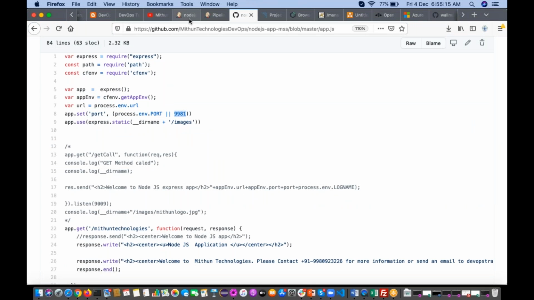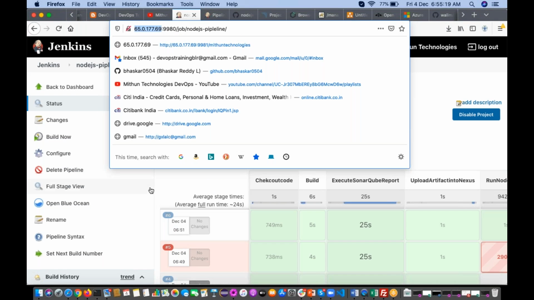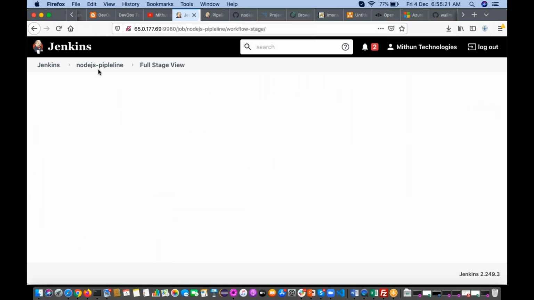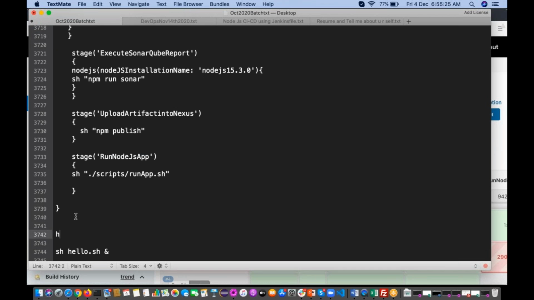So now you can take this IP address. Right now it is running on the Linux server where my Jenkins is running. So http://IP address:9981/ and the context path.